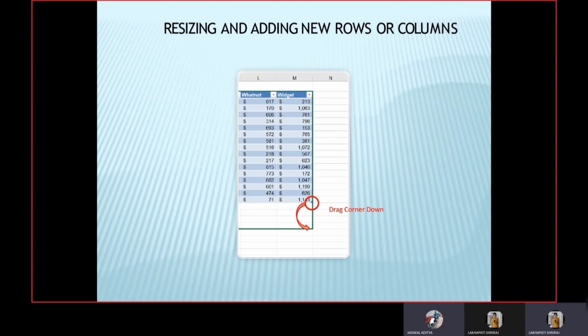Now, select the whole list of your block. Then come to the right bottom corner, select the corner edge and drag according to the required extra number of rows or columns. This way, you can add rows and columns to the sheet and fill in the data accordingly.